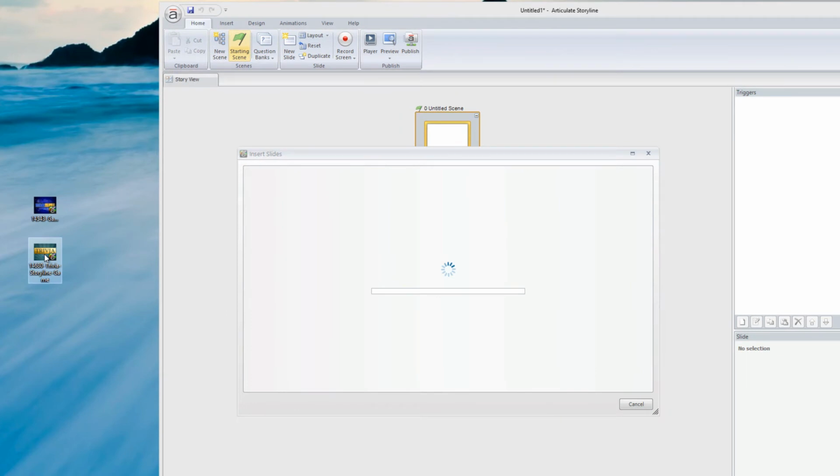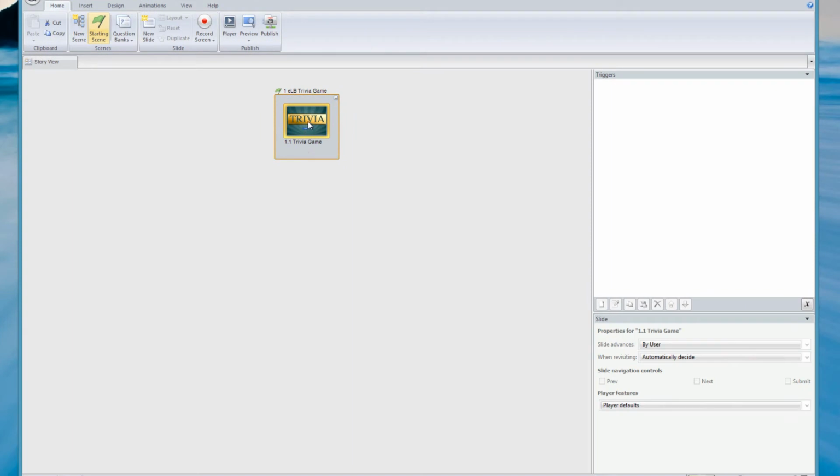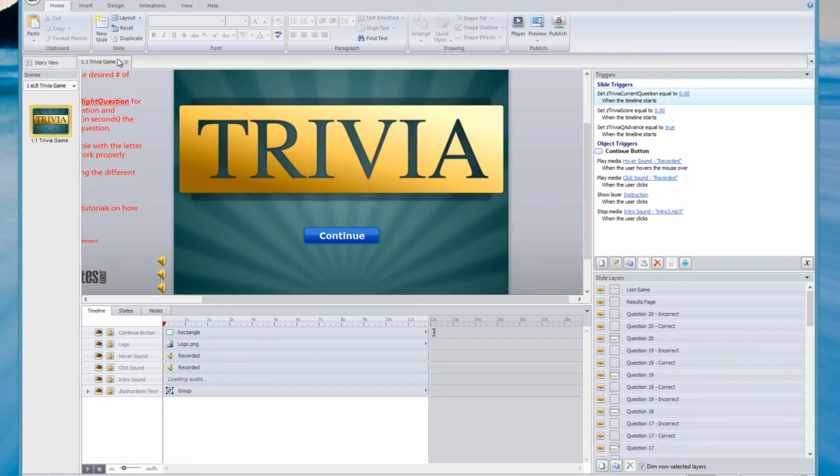That means I don't have to save this file that was downloaded from the library. I can just delete that one. And every time I create a new project inside Storyline, that will be part of my templates in there. Okay, so once it's been imported, go ahead and double click on the Storyline game